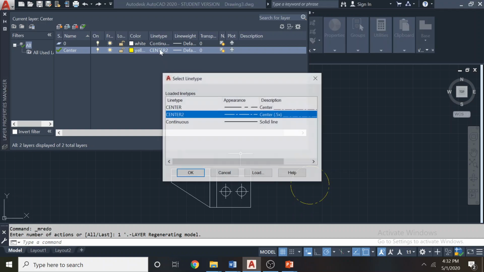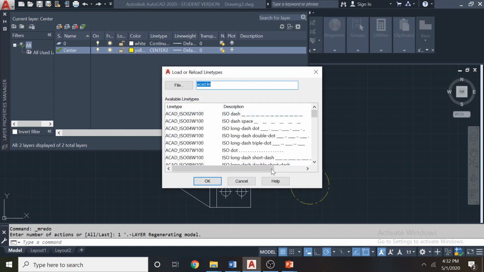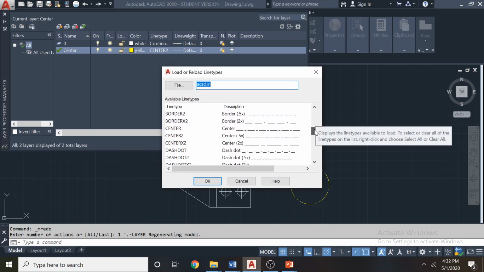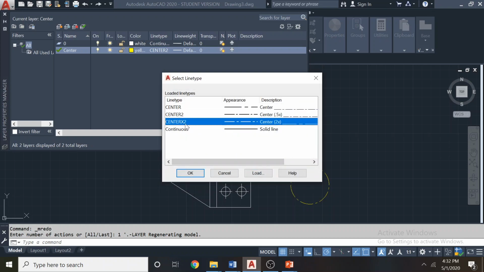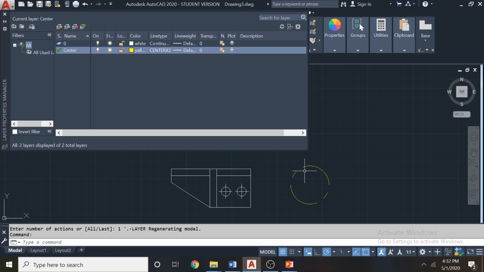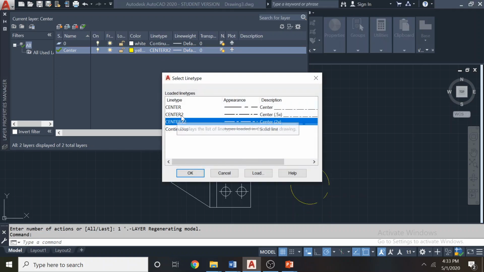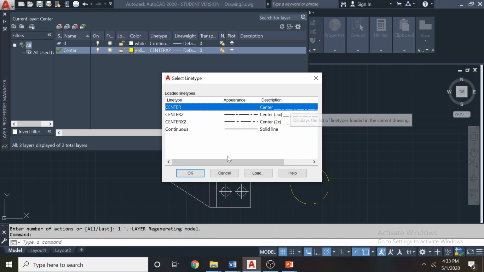If you select center 2x, now this is the output. This is actually a zoom level. So when you change this into 2x, it gives lengthy lines, and half x gives shorter lines. This is the normal size.